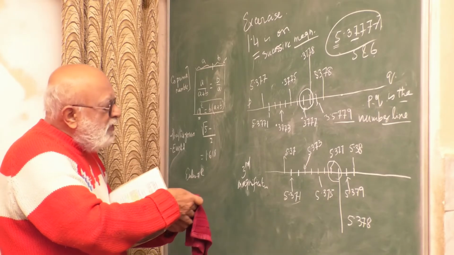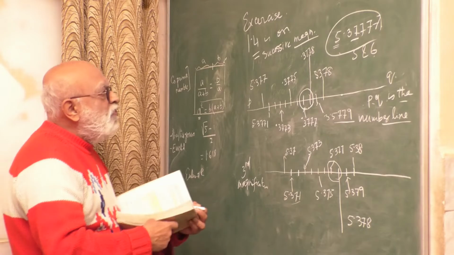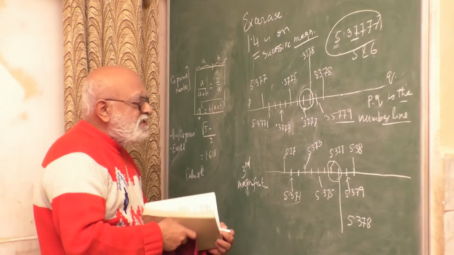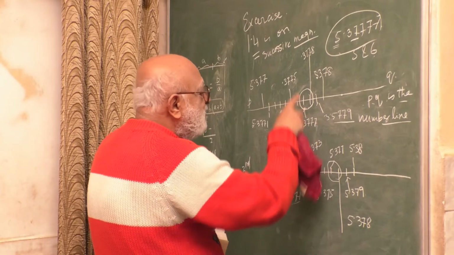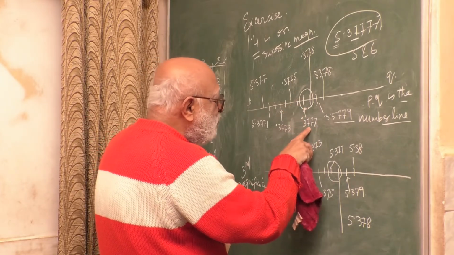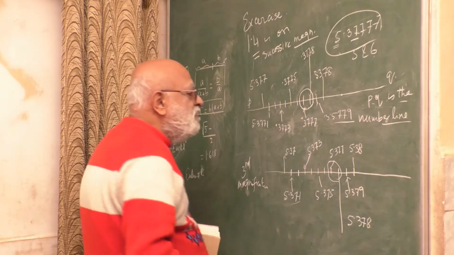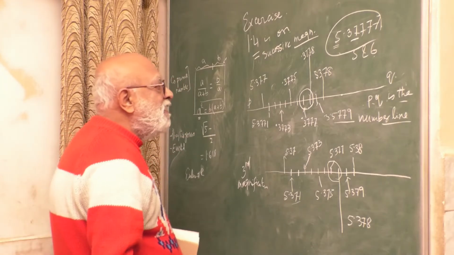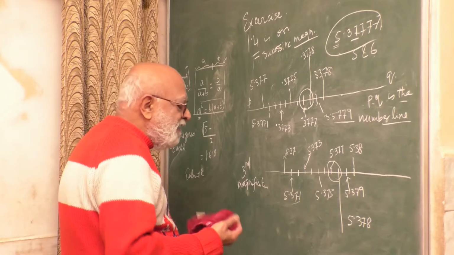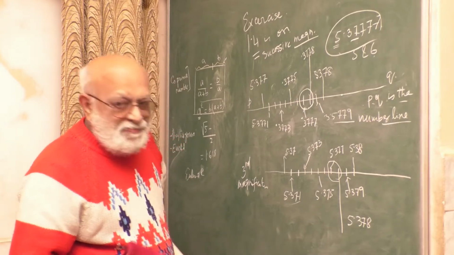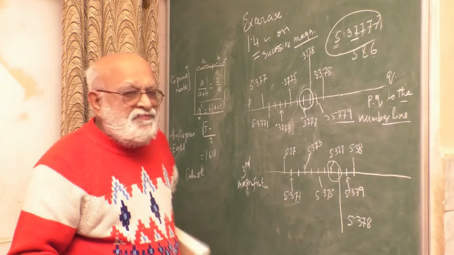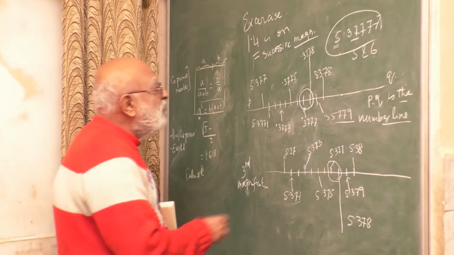All you have to do is again take it up and go up to 3 places of decimal. Here I have gone up to 4 places of decimal. I have gone up to 1, 2, 3, 4. So you have to go for another decimal place, and that you can do it here. I will leave it to you, your ability to do it. If you have a problem, please call me